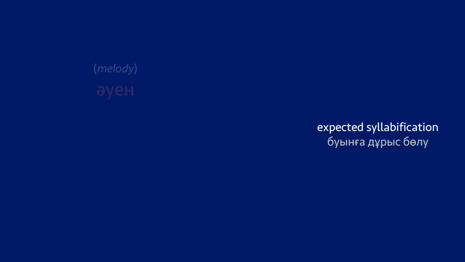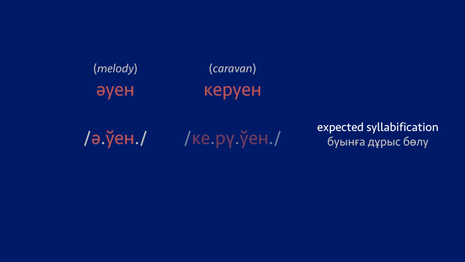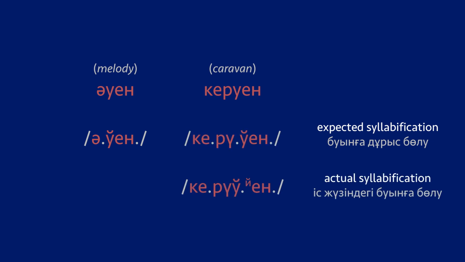They can properly divide the word awin into syllables, but struggle to do so with the word keruin. The final syllable in these two words is exactly the same, and yet because the letter O absorbs the preceding vowel into itself in the word keruin instead of keruin, the Kazakhs end up saying keruyin. The E sound before E is only supposed to appear in the vowel initial syllables at the beginning of the word, not anywhere beyond that.